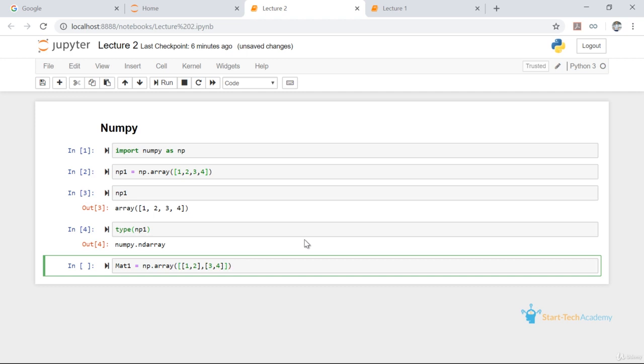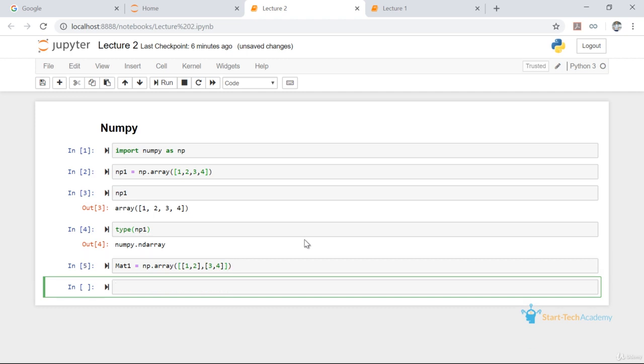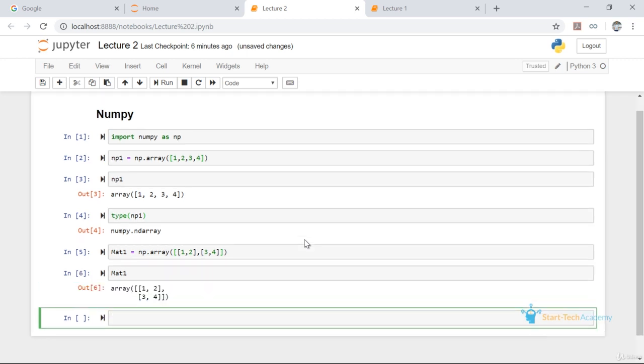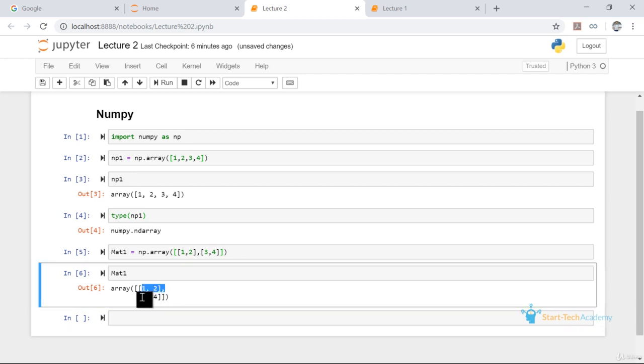If we run this, we'll get a matrix. You can see this is an array in which our first row contains elements 1 and 2, and the second row is 3, 4. Our np1 is a one-dimensional array, whereas mat1 is a two-dimensional array.